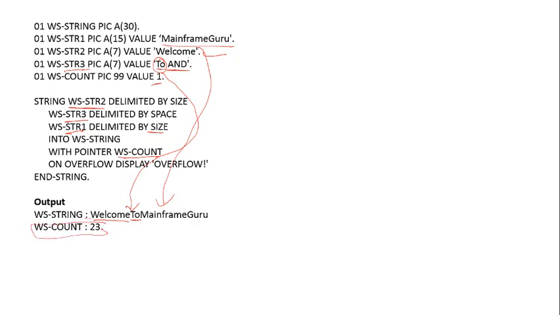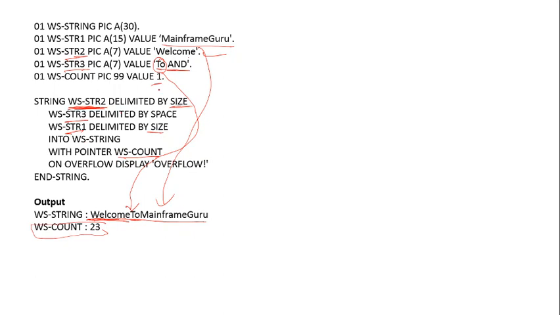What will be the total count of this? 23. So what do you understand by size? It means whatever data exists in ws string 2, it will come into our destination string. Like welcome is there in string 2, so full welcome will come into the destination string.